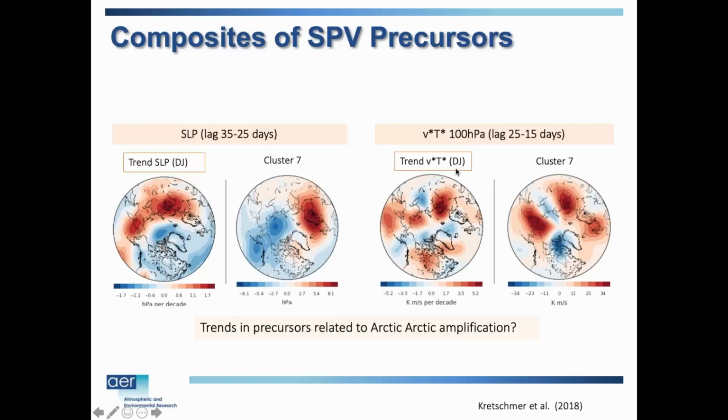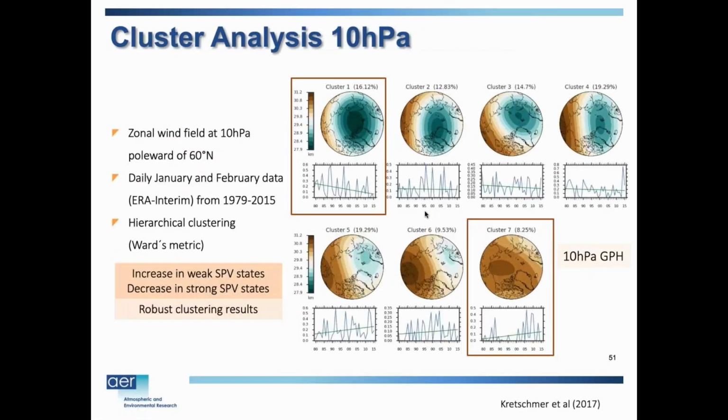And if you look at the polar heat flux, here's the area. Polar heat flux out of Asia really disrupts the polar vortex. If you look at the trend in these two main areas of disrupting the polar vortex, you see an increasing trend in the polar heat flux. So it does seem that these recent trends we've been seeing, both in sea level pressure and the polar heat flux, would lead to more disruptions of the polar vortex.